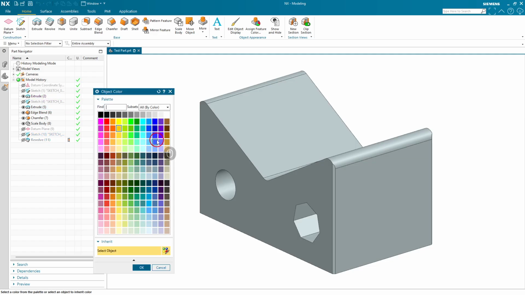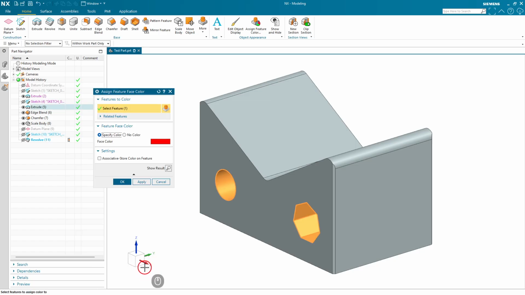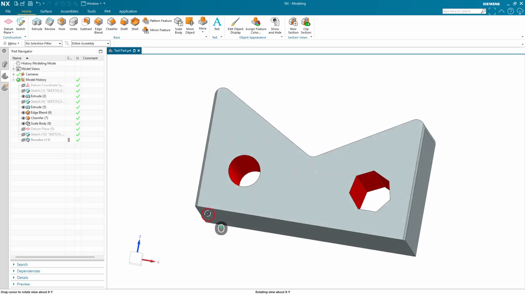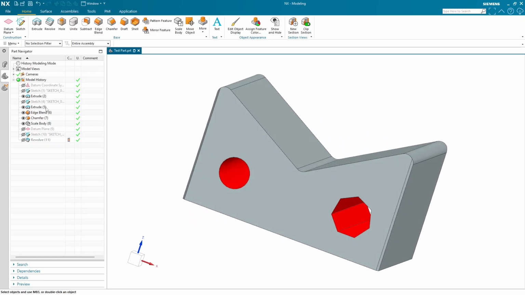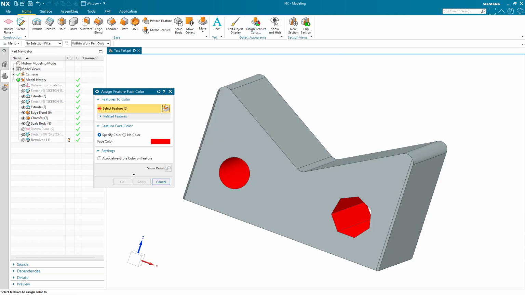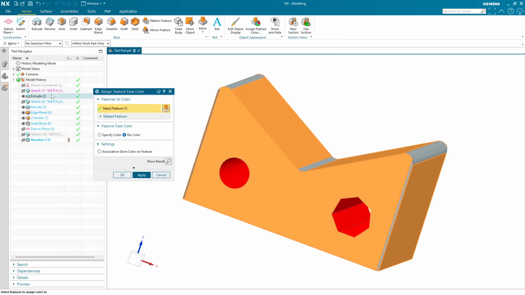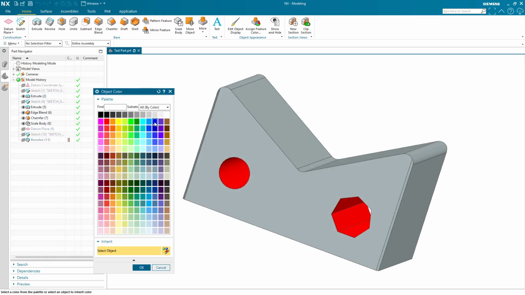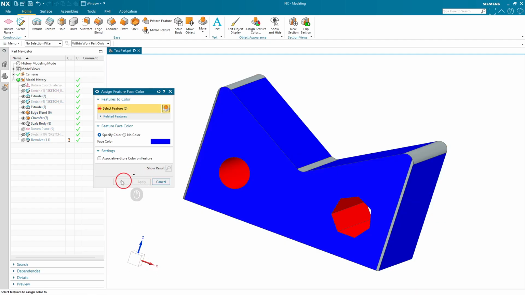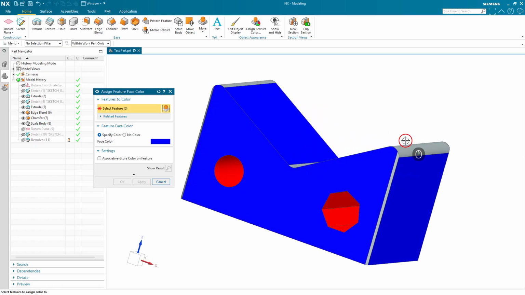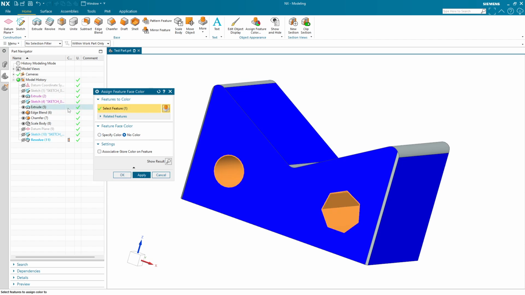I can specify color, and let's make those channels red, like I said. I can hit apply. So now, those features are colored red. If I do the same thing, if I assign feature color to the original extrusion, and I specify this to be blue, it will keep the original extrusion blue, but since we put in the chamfers and edge blends,